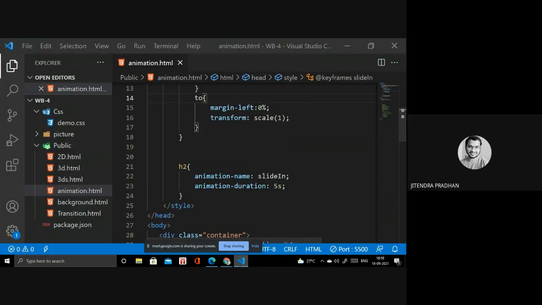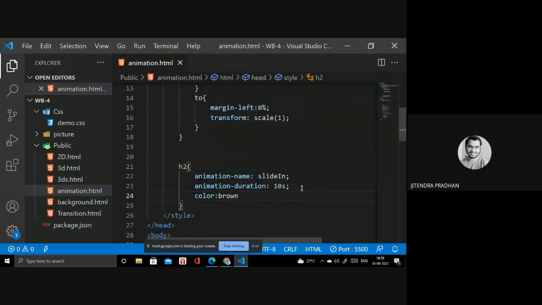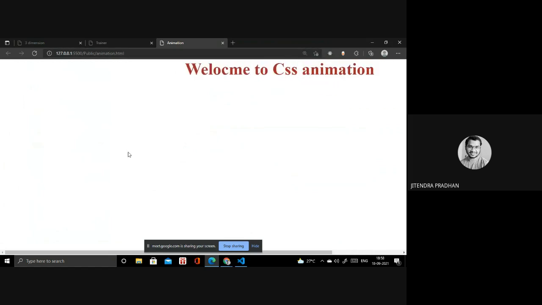Okay, so if you apply a color as well, it works fine. So to apply that color, something like this. Okay, so it will work in that form. Okay, so I hope you got that, how it works.